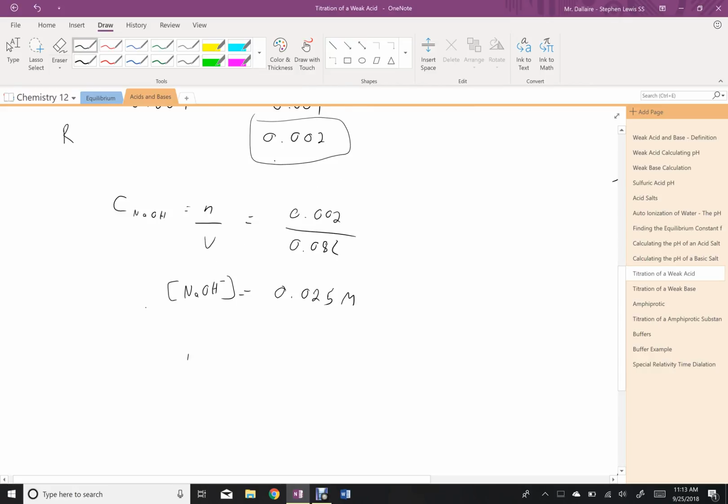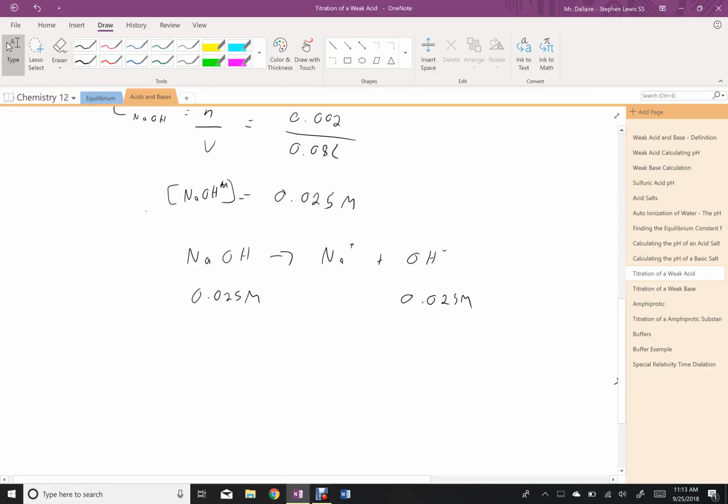And with sodium hydroxide, because it's a strong base, we assume that it completely dissociates to become sodium and hydroxide. So if I have 0.025 molar sodium hydroxide, I get 0.025 molar hydroxide,